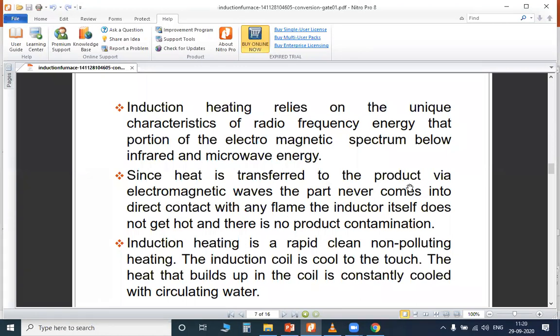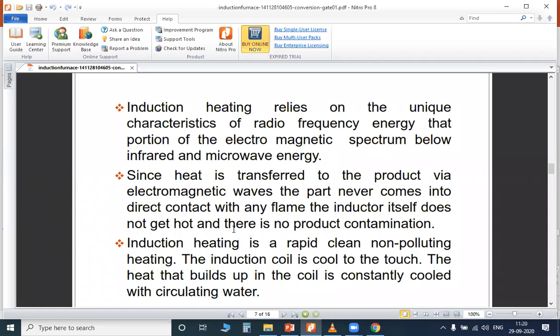Since the heat is transferred to the product via electromagnetic waves, so what is going to happen? The heat is transferred through the electromagnetic waves, and it is converted into liquid form. The part never comes into direct contact with the electromagnetic waves that are generated. So what type of material are you going to take?